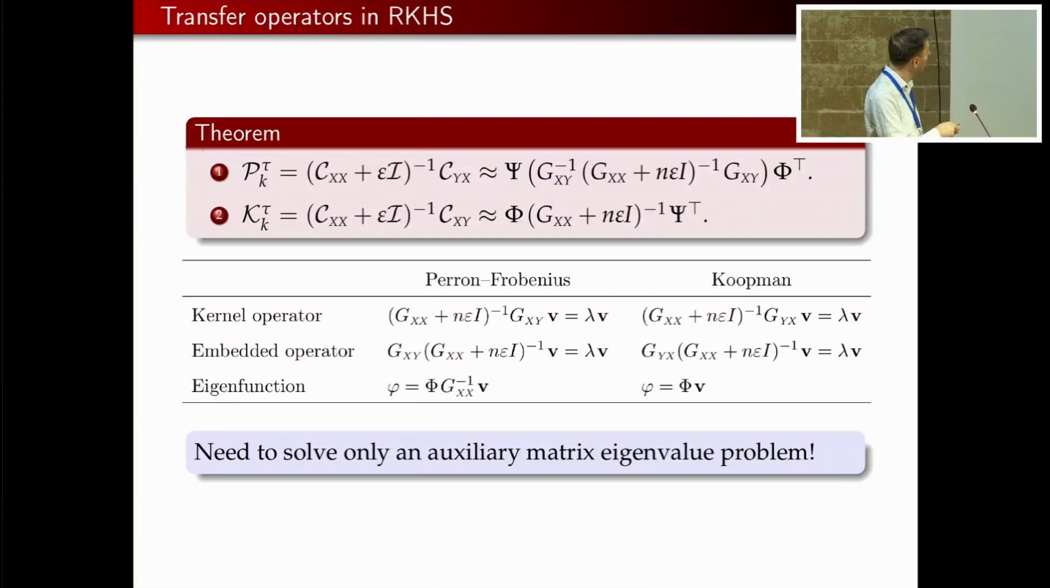And there are some other operators which are closely related, also conditional mean embeddings of probability distributions, and these we call embedded operators. But the main message here is that using these kernel-based methods, we just have to solve auxiliary eigenvalue problems. So it's basically straightforward. You just compute Gram matrices, you compute eigenvalues and eigenvectors, and then you get these eigenfunctions